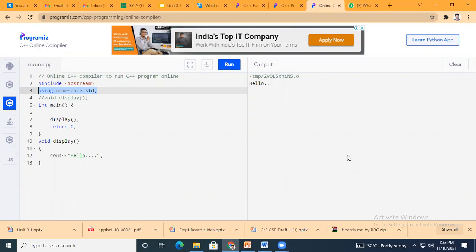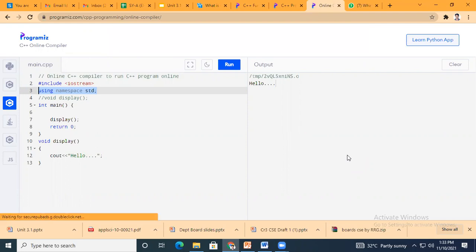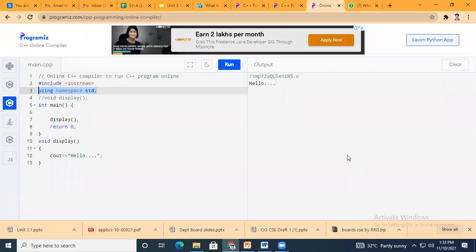So for that sake, just try to implement it, and it is very simple. You need not worry about computers and all those things. You just have to click on the link, as I have provided the link of the online compiler, and just do it. Yes, now getting the response from your side. Good.